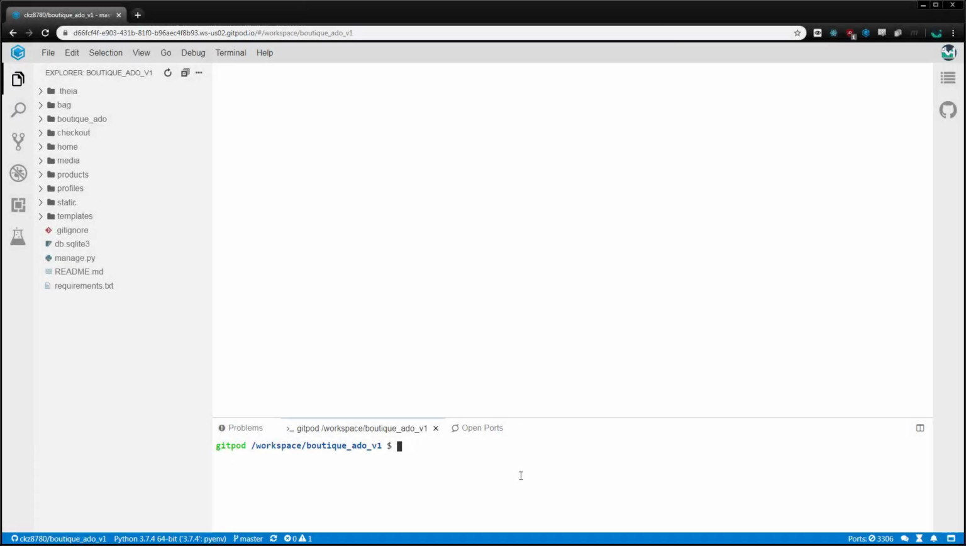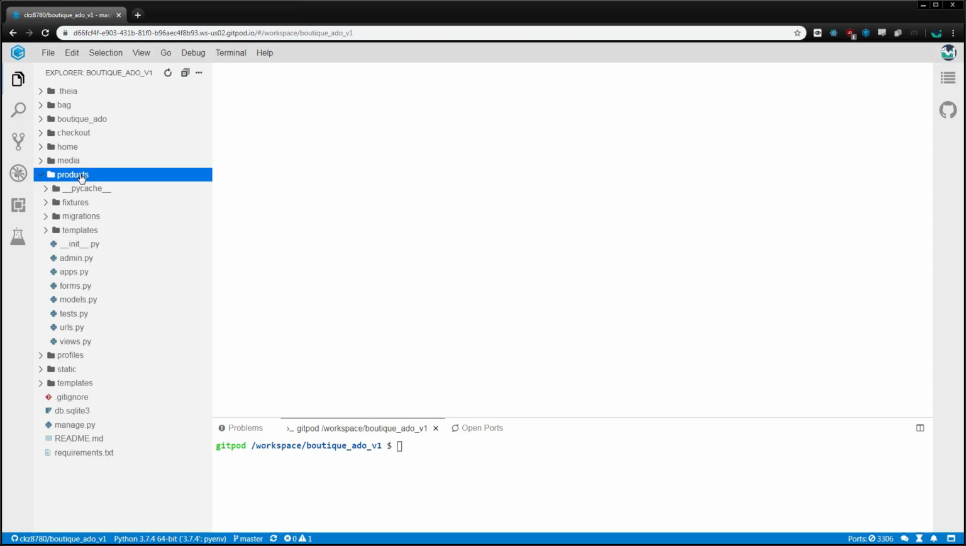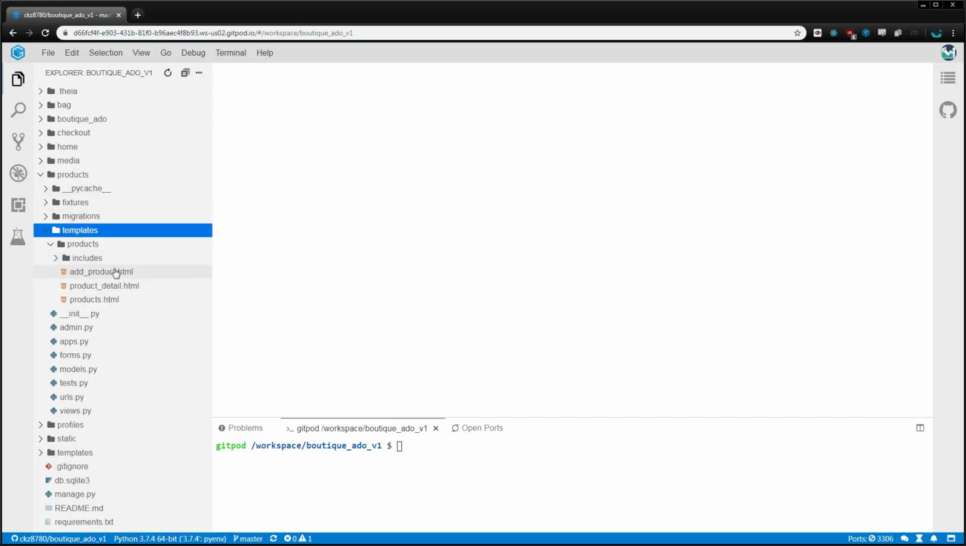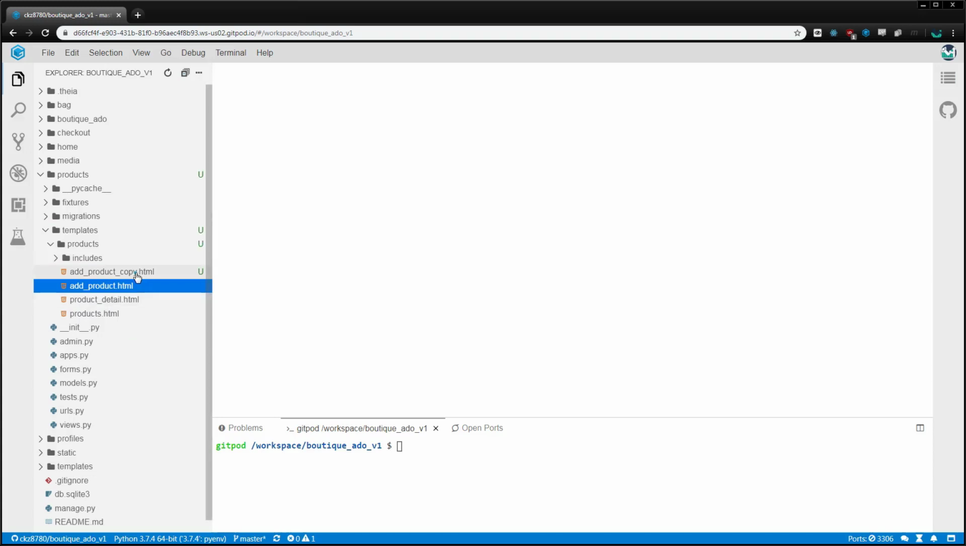We've given store owners the ability to add products to our store, so now let's give them the ability to update them. The first thing we need is an editing template, which will be an exact copy of the Add Product template, except for the page header, the button text, and the form action. Let's just duplicate that entire template, rename it,